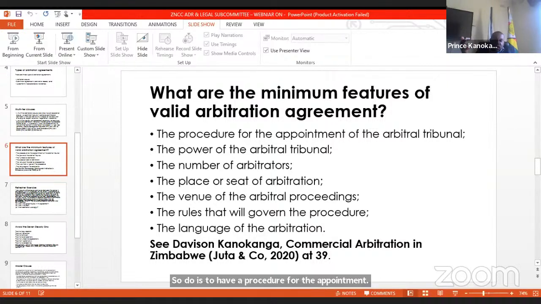Number two, we should also have the powers of the arbitral tribunal set out, that the tribunal has the powers or the authority to do A, B, C, or D. The principle of arbitration is based on what is known as party autonomy. So the parties have authority to consent. They can consent to the arbitration having perhaps extended